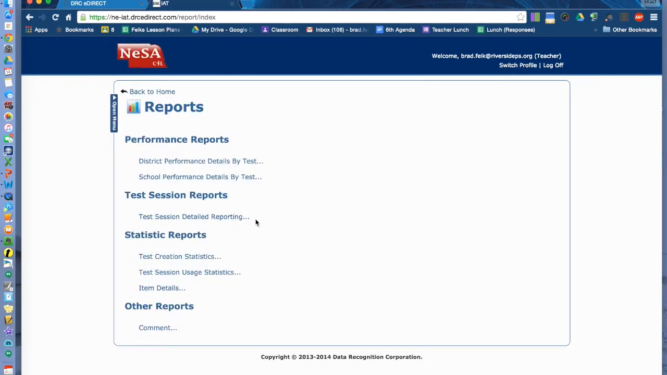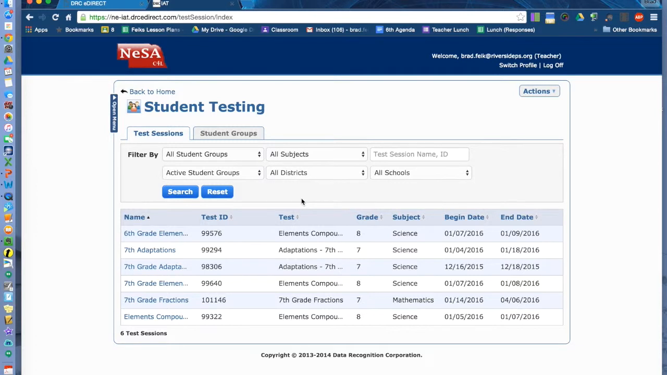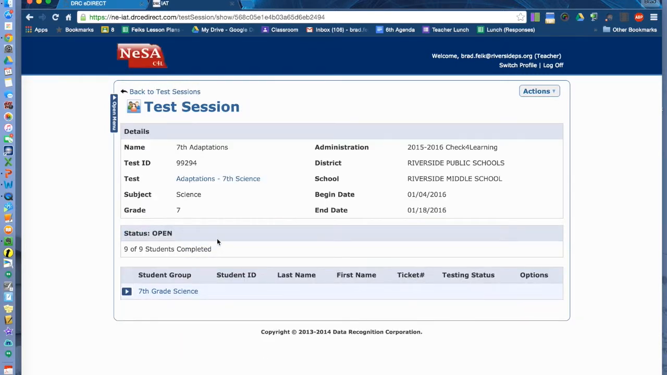Okay? Now we're going to go to test session detailed reporting. You can play with all of this, but this is where I found the best is test session detailed reporting. I want to click on the test that I gave and check it over. So I'm just going to click 7th grade adaptations here because I know my students have completed this one. After I click on that, I'm going to go up here to Actions,